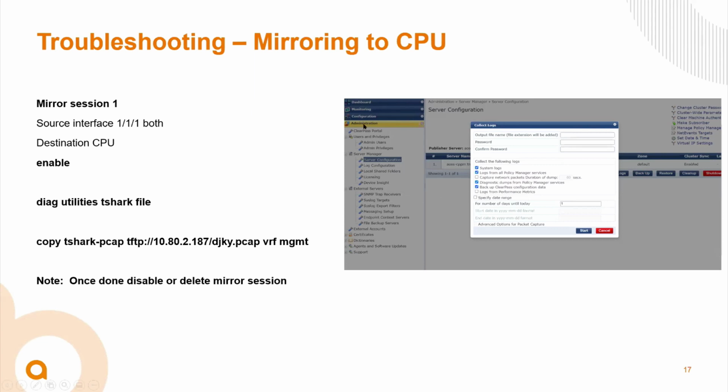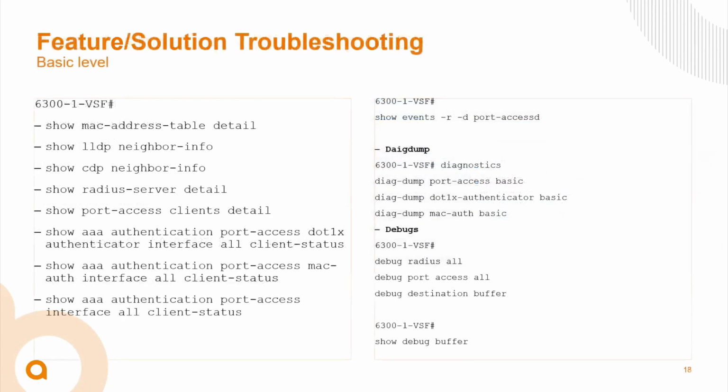So let's consider if you want to do a packet capture on the ClearPass. It is very, very easy. Just go to Administration, Server Configuration, and click on Collect Logs. When you click on Collect Logs, you will get a window like this, and you can name a file. You can get the complete session from the access request all the way, as you monitor from the monitoring of the ClearPass. All the details will be captured in this packet capture. There you can watch whether it really reached the ClearPass or not. So all of these things are going to be very important, especially when you are looking for some of the attributes, and for general debugging purposes.